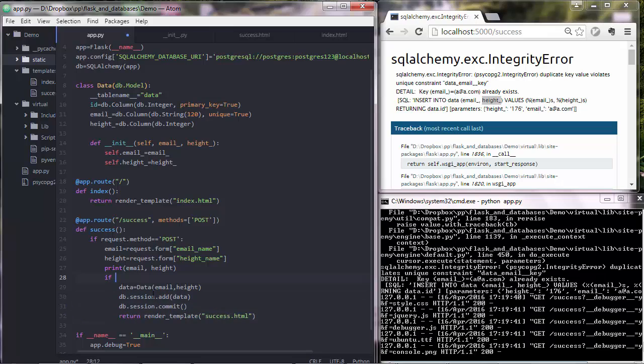So that would be something like, query the database table, and send this data, actually the email address, send it to the database table, and check if there is something like that email in the email column of the table data. So to do a query, we would go like db,